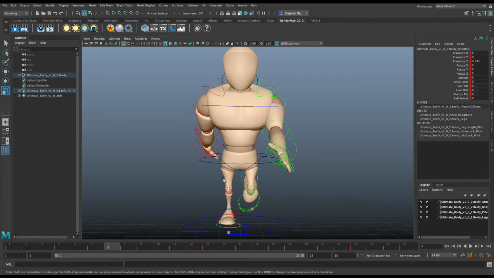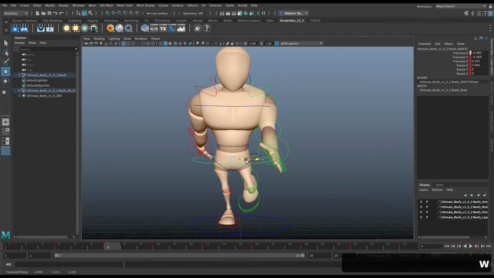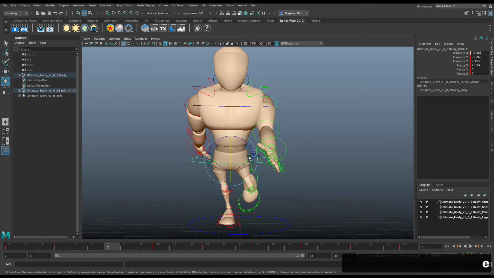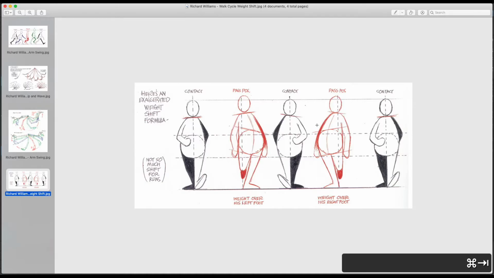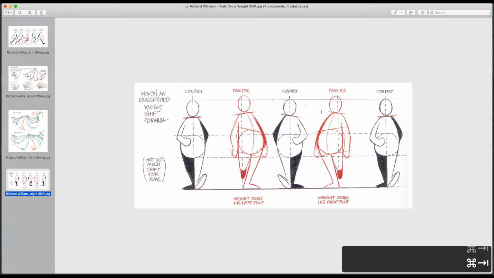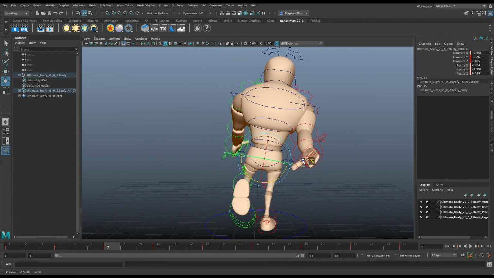The weight needs to be over this foot. So all I'm going to do is take this control and move it over that foot, so I can get this. And then I can also rotate it at the same time. Remember what I said is that angle needs to be pointed in the direction of the foot. So if I move it this way, we're going to look at this one. This is where that character's right foot is touching the ground. That's the idea right there. This angle is going down, but this angle is going to go this way. So what I'm going to do is take the controls here,